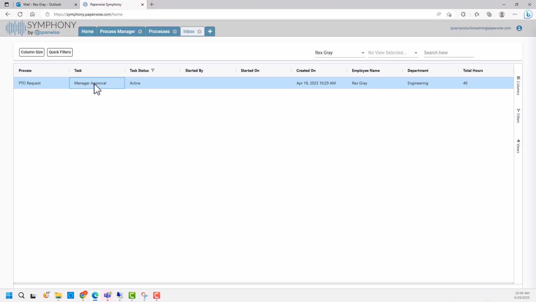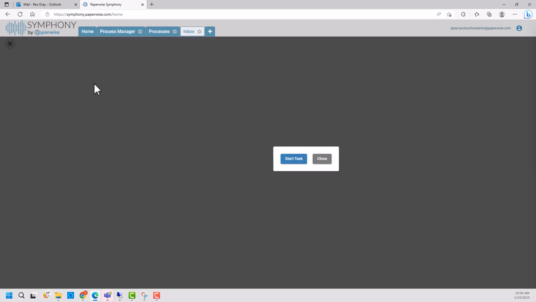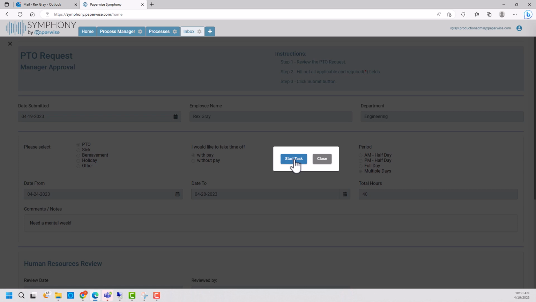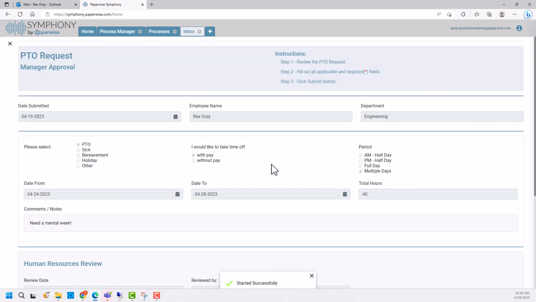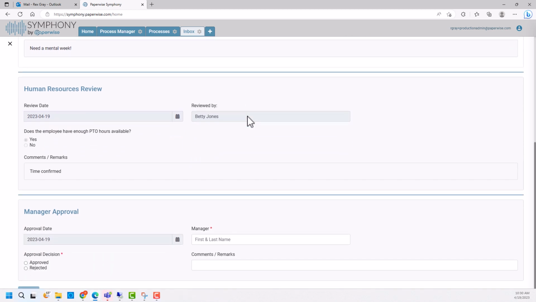After the manager goes into their inbox, they can select the request. The form will load and display all of the information that's been gathered by the employee and by Human Resources. The manager can choose to approve or reject the request. They will need to type in their name